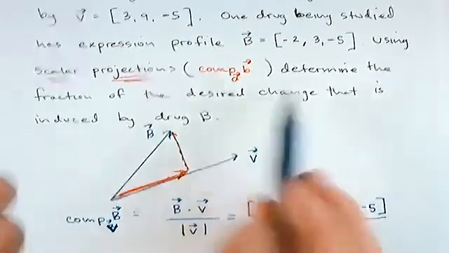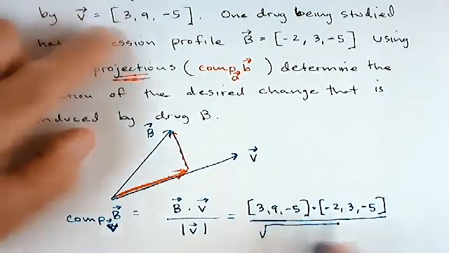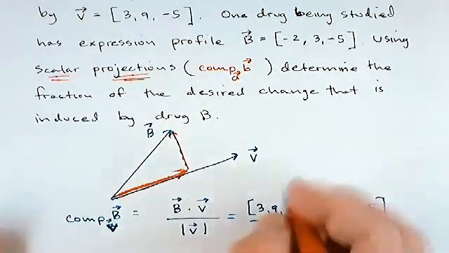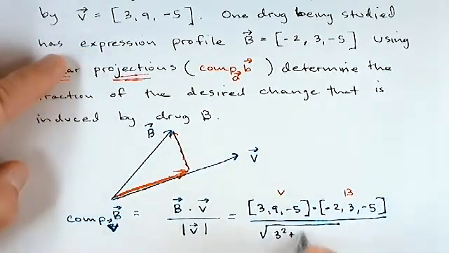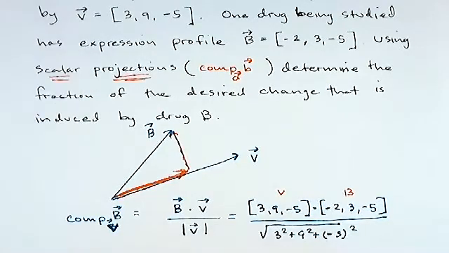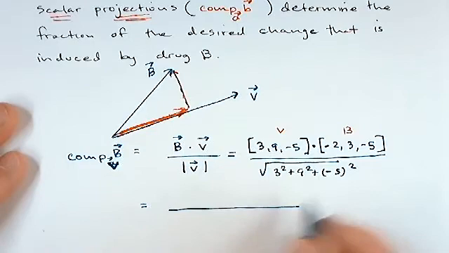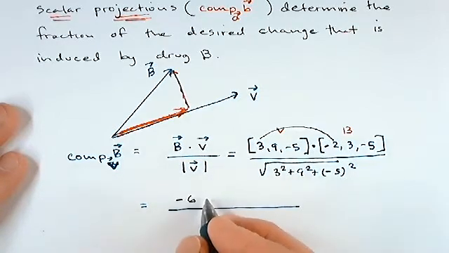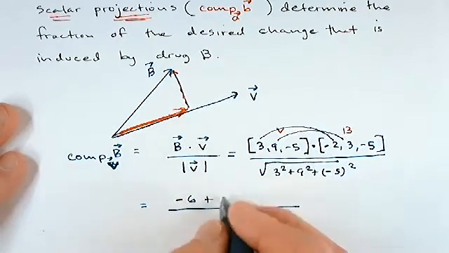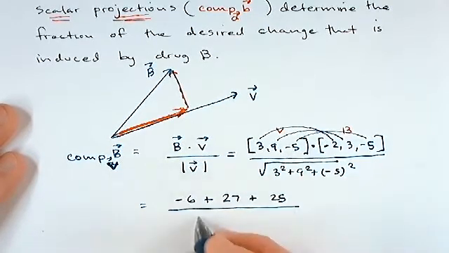Remember, to find the magnitude of a vector, you just take the square root of each part squared. I think I wrote these backwards, didn't I? This was V, this was B, but the order of the dot product doesn't matter. So the magnitude of V is the square root of 3 squared plus 9 squared plus -5 squared. And to do this dot product, we just multiply and add. So 3 times -2 is -6, plus 9 times 3 is 27, plus -5 times -5 is +25, divided by